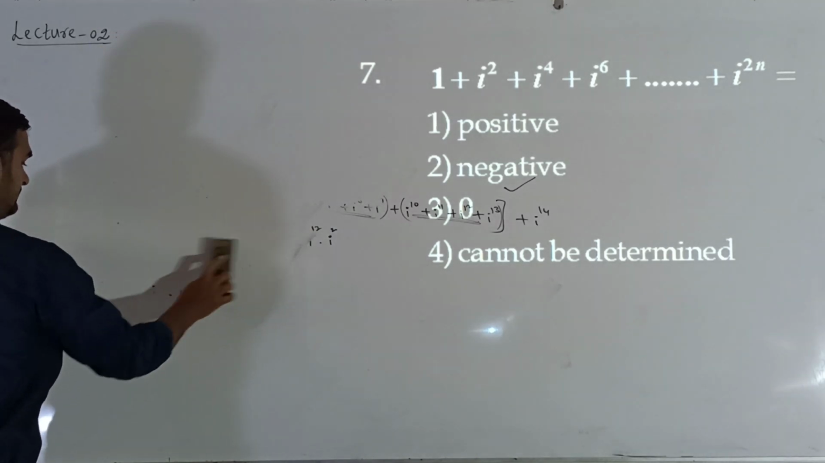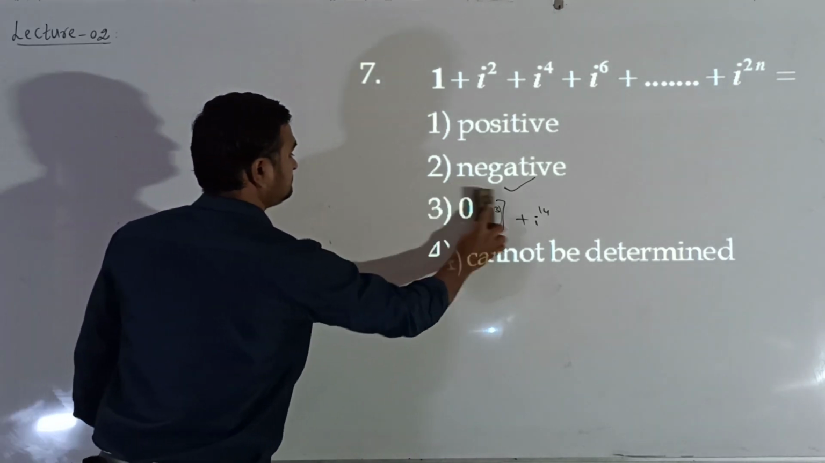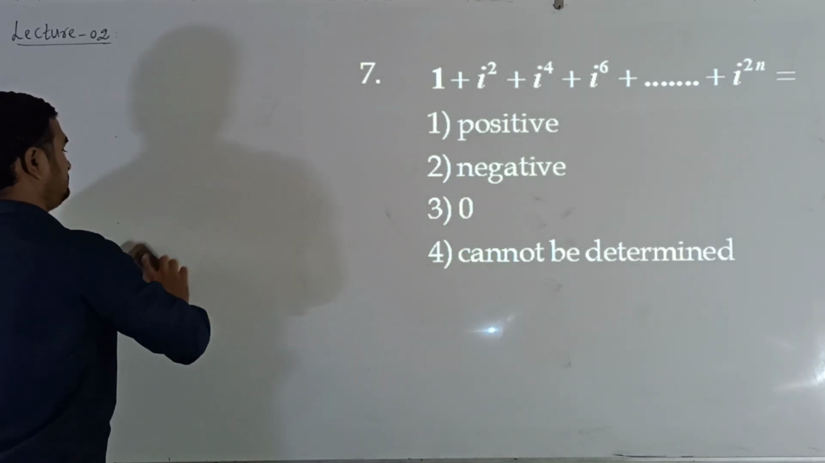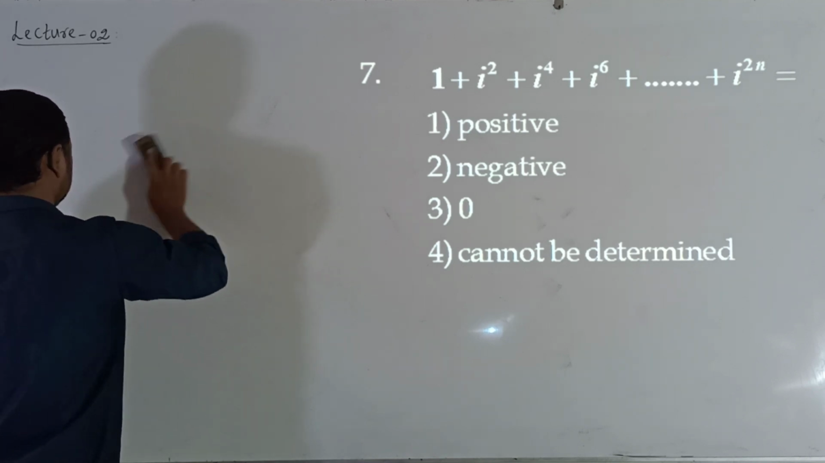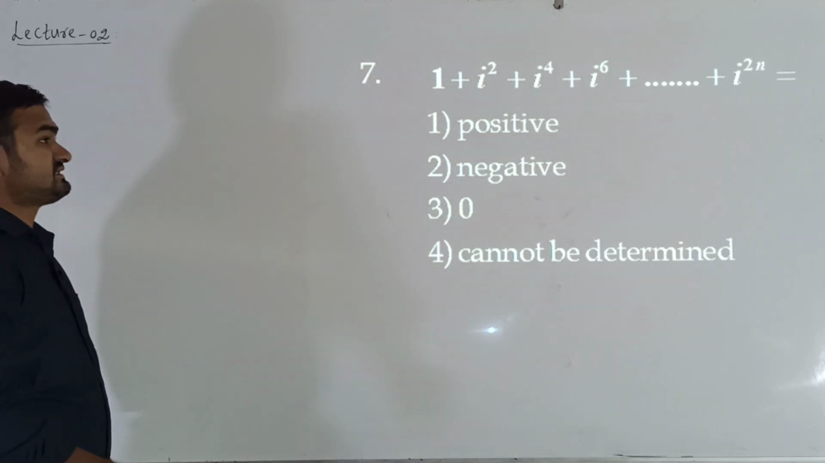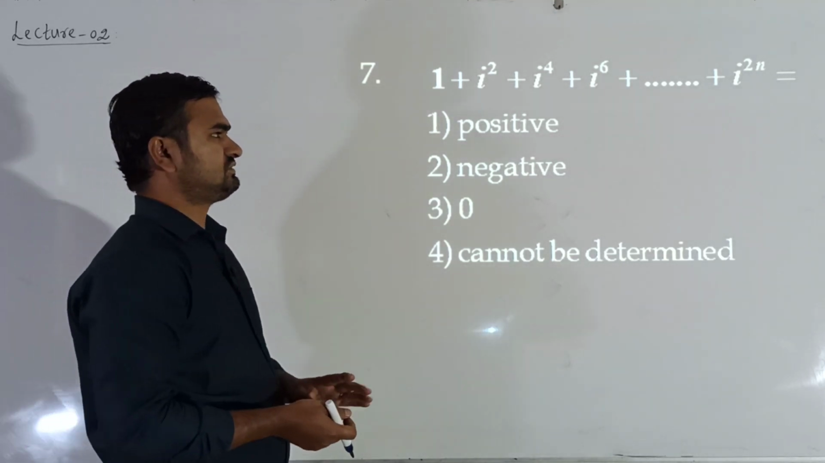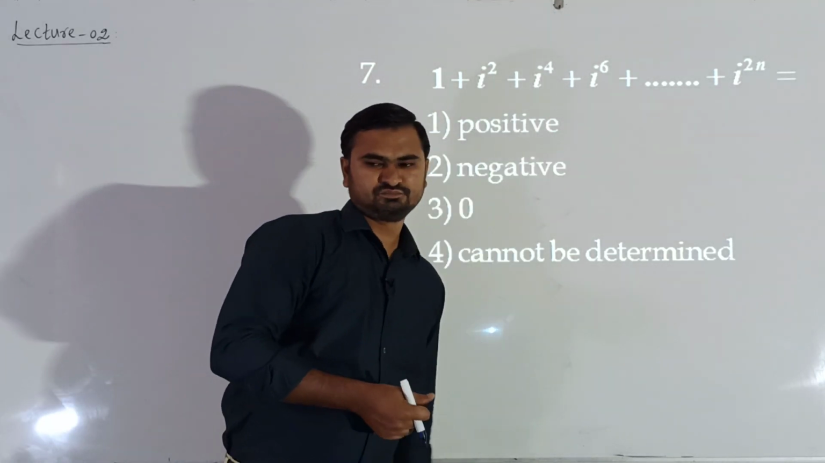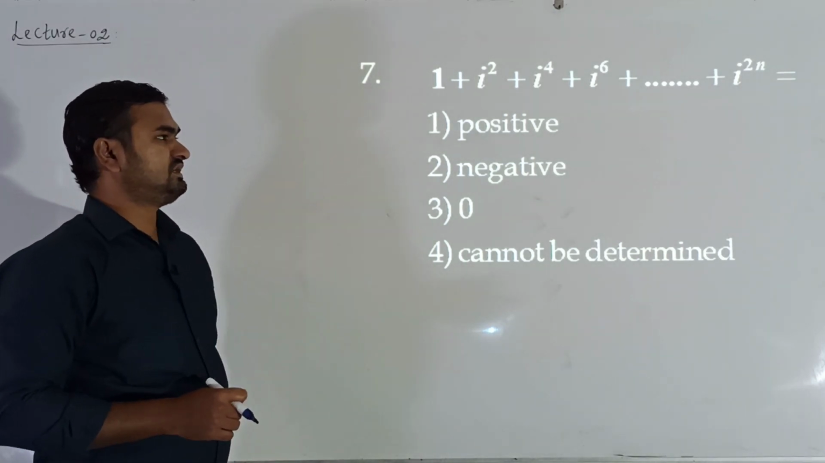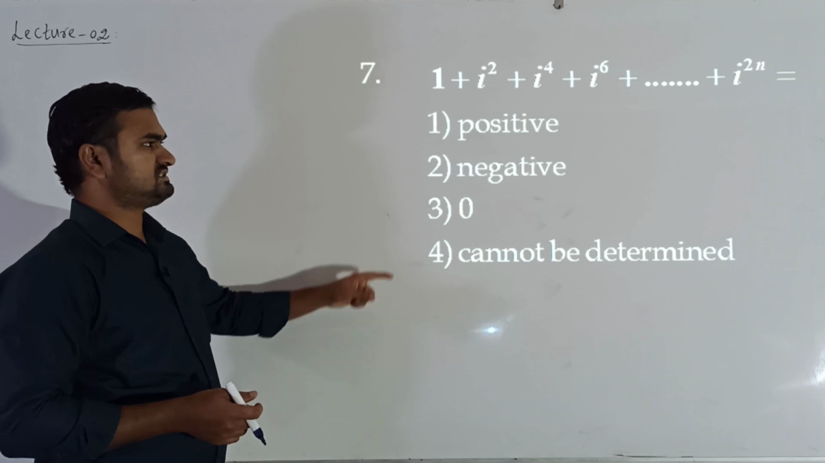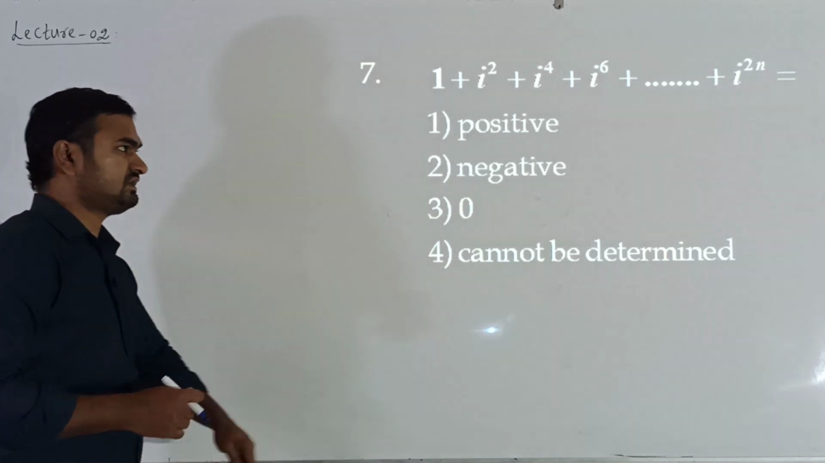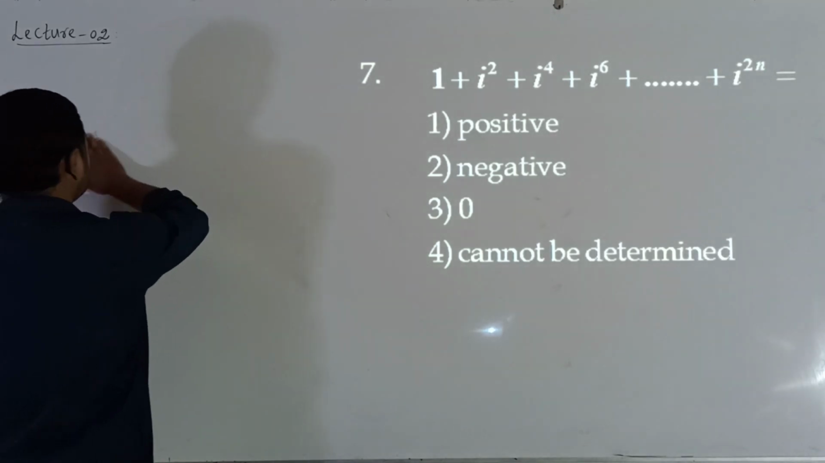See the question number 7. i plus i square plus i power 4 plus i power 6 and so on up to i power 2n. So here we do not know n value, but summation we need up to i power 2n. Now this value, is it positive or negative or 0 or cannot be determined? So if I take the summation and expand,